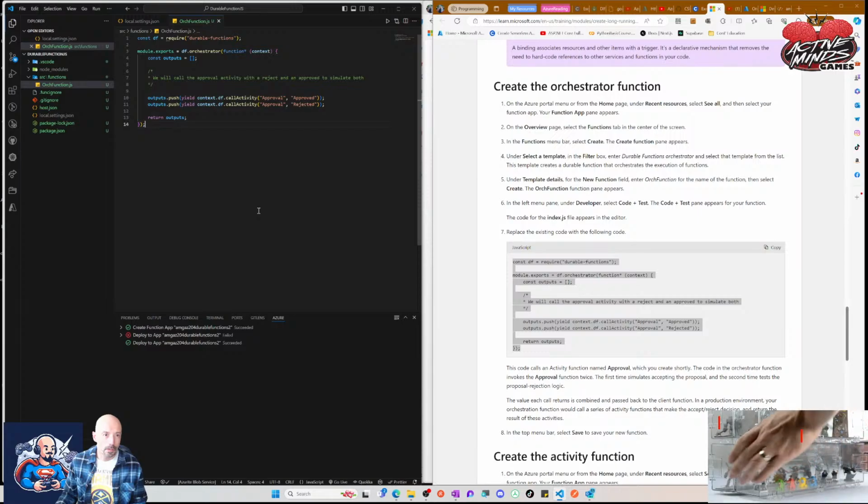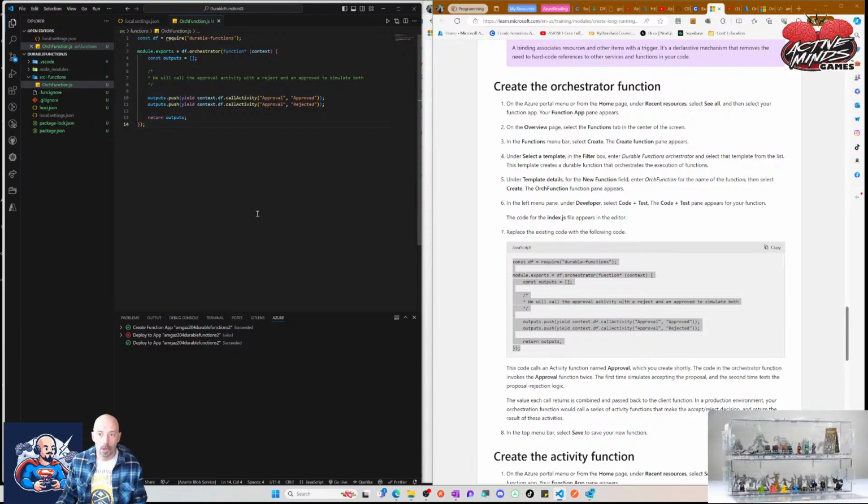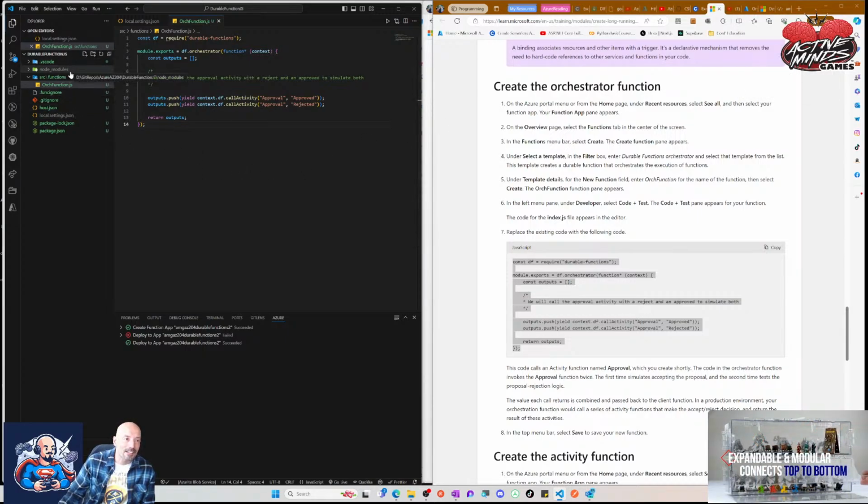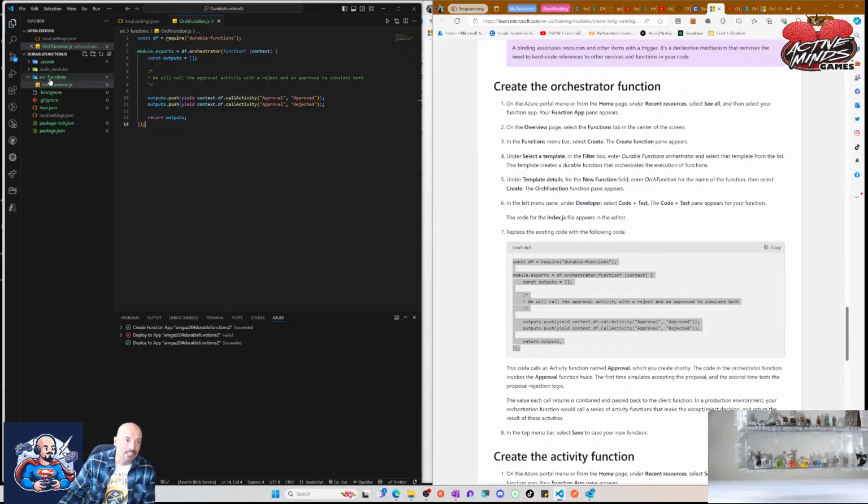I am totally not sure what I'm doing. I'm just telling you now, man. I'm really kind of clueless at this moment. I mean, they also named the JS orc function. So yeah, I don't know. We're going to see. I don't even know why it called it orc function orchestrator, because it just feels like that's the way to do it, because apparently I don't have any say, because it's just called orc function here, and the function is,